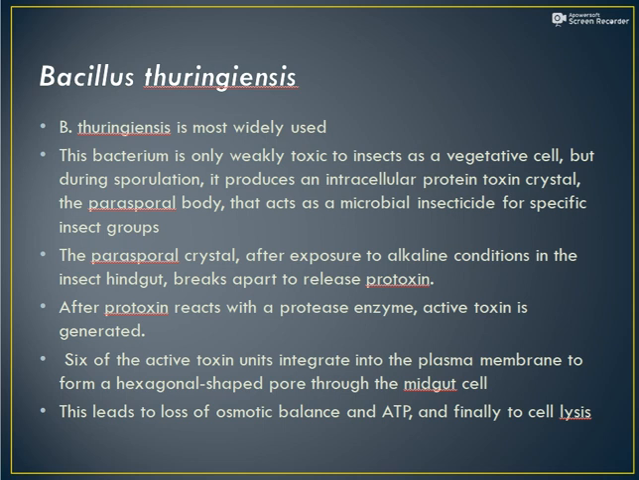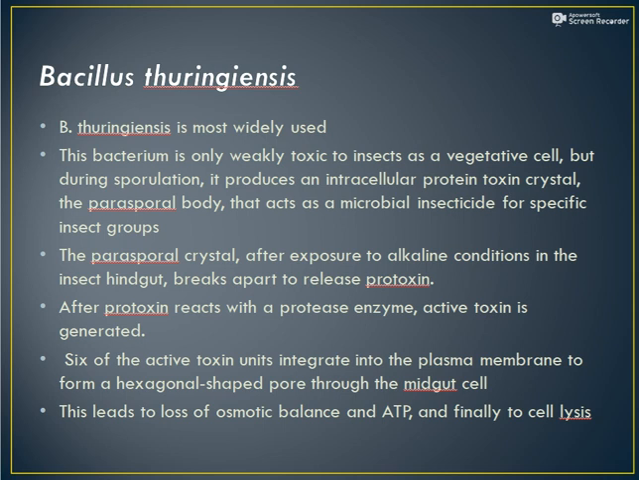Six of the active toxin units integrate into the plasma membrane to form a hexagonal-shaped pore through the midgut cell. This leads to the loss of the osmotic balance and ATP, and finally to the cell lysis of the target organism. So direct contact of Bacillus thuringiensis with the insect, or just surface contact, does not cause it. It has to be ingested by the